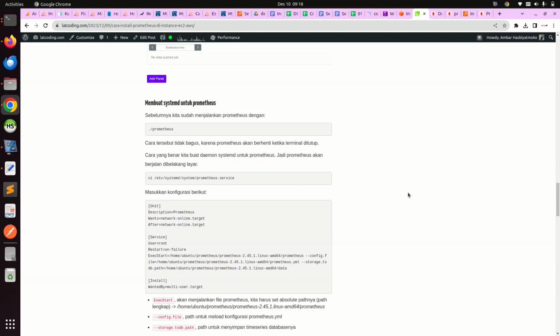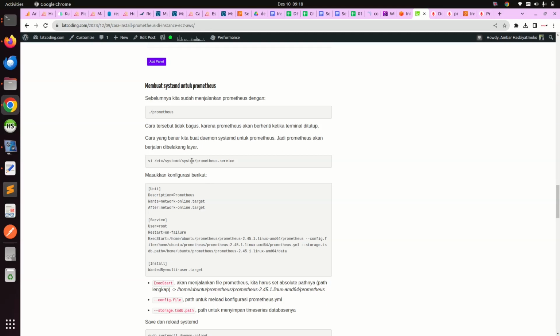The better way is using a daemon for Prometheus, so Prometheus will be running in the background and can start automatically when the server is restarted.